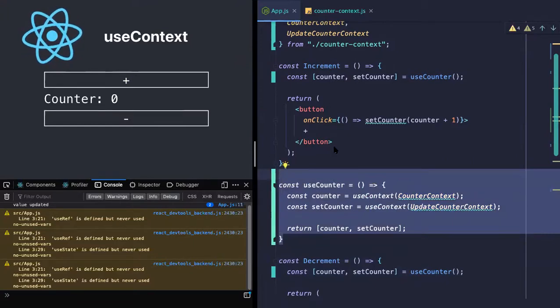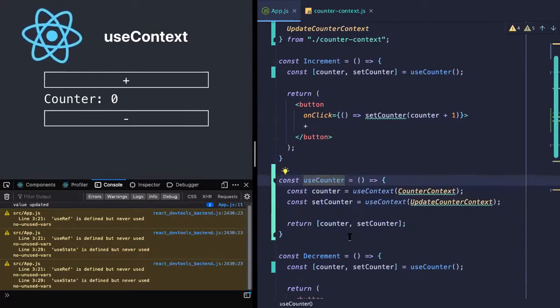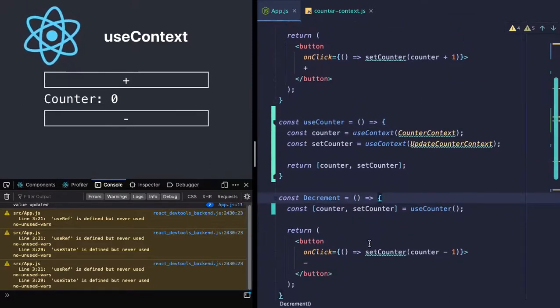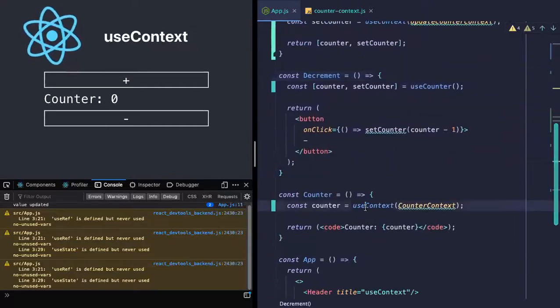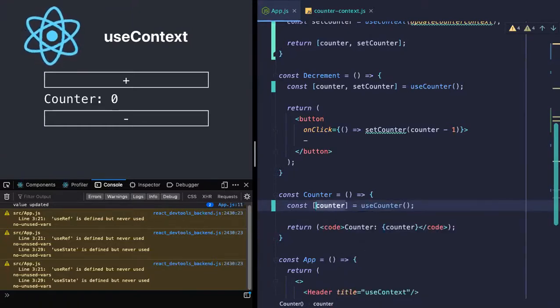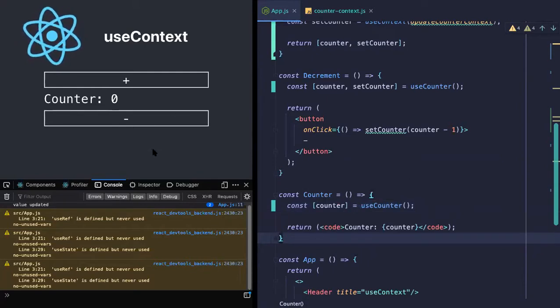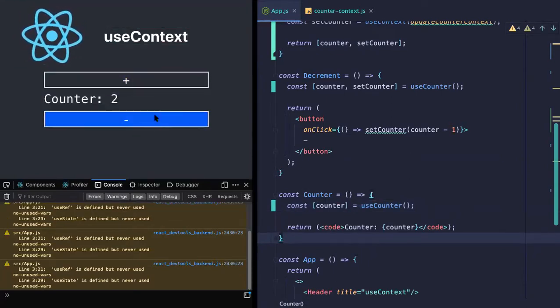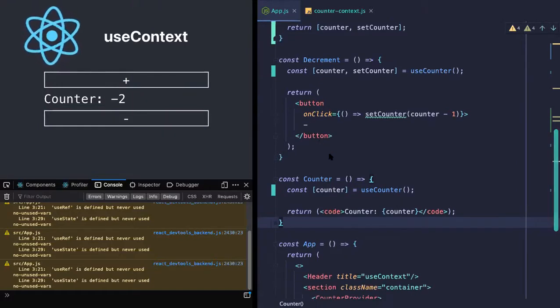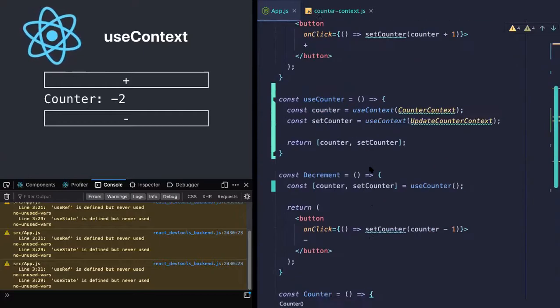simplify our code, right? So we have extracted this whole counter and set counter into a different custom hook, and we can just simply call the hook to get the counter and set counter, similar to how we get the state, and we can use that, right? And here also, since we are using only the counter, I'll just say use counter and take only a single thing, counter. Let's see if that works. All right. Yeah. Cool. So far so good, right?